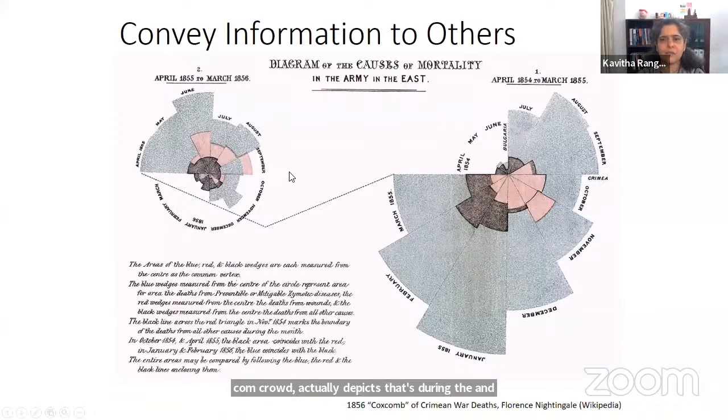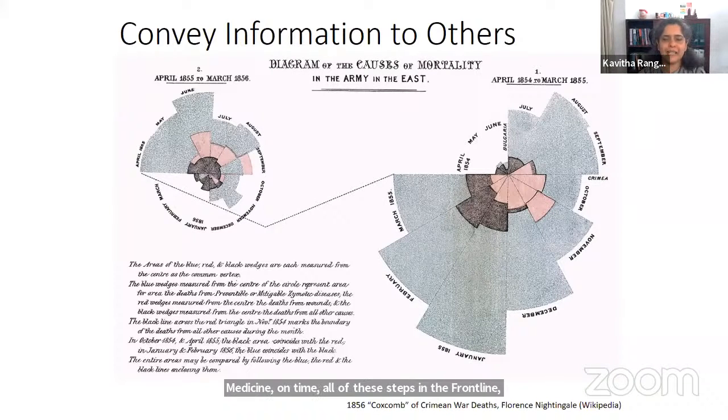And what she's trying to show us, so it starts out over here in April 1854 to March 1855. And then you can see the time moves here in a circular fashion and then continues here. So she's plotting the number of deaths each month, and the colors are actually denoting the causes of the death. Most of the deaths, these big gray shaded regions that you see, those are the largest number of deaths caused due to preventable reasons. If they had more equipment, if they were able to get more medicines on time, all of these deaths in the front line could be prevented.